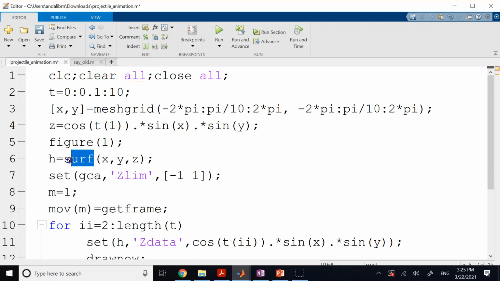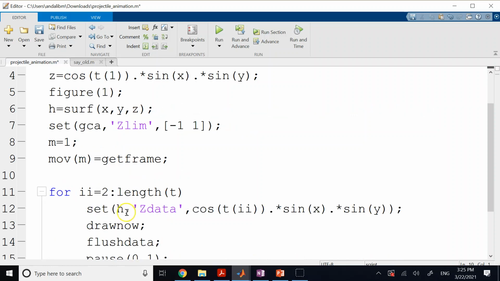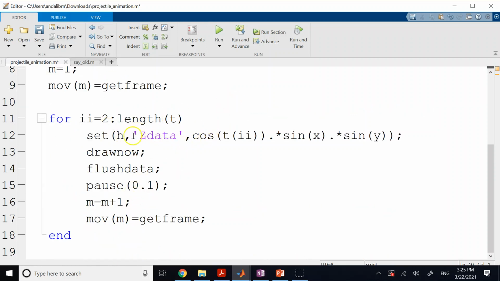So you see here, I'm creating a surf plot instead of a single 2D plot. It's a 3D plot. I give that plot, again, a handle name. I take my first frame and save it as the first frame of that movie variable. Then I keep changing my time. Each time I redraw my plot by changing the Z data. If you have a 3D plot, not only do you have X data and Y data, you also have what? Z data. So I'm changing my Z data, and then each time I redraw it, there is a new command